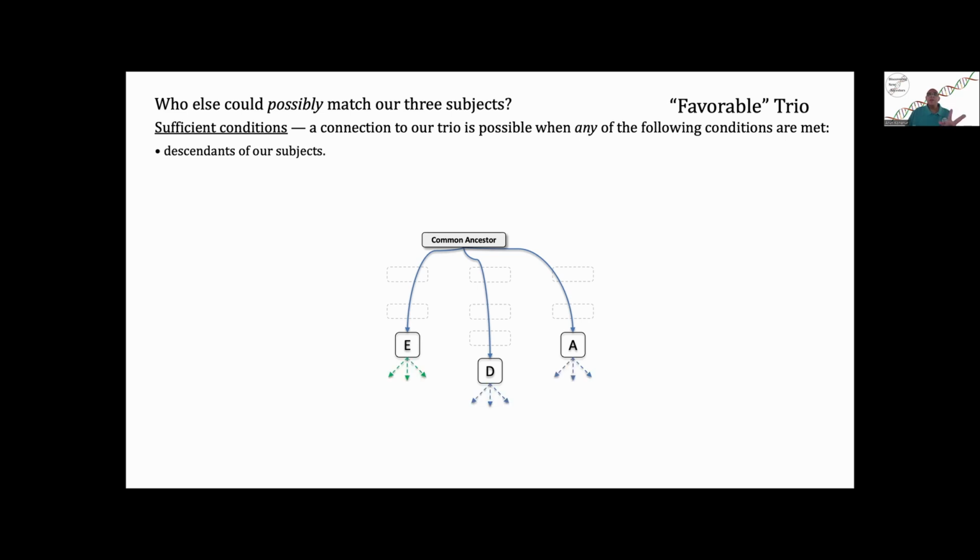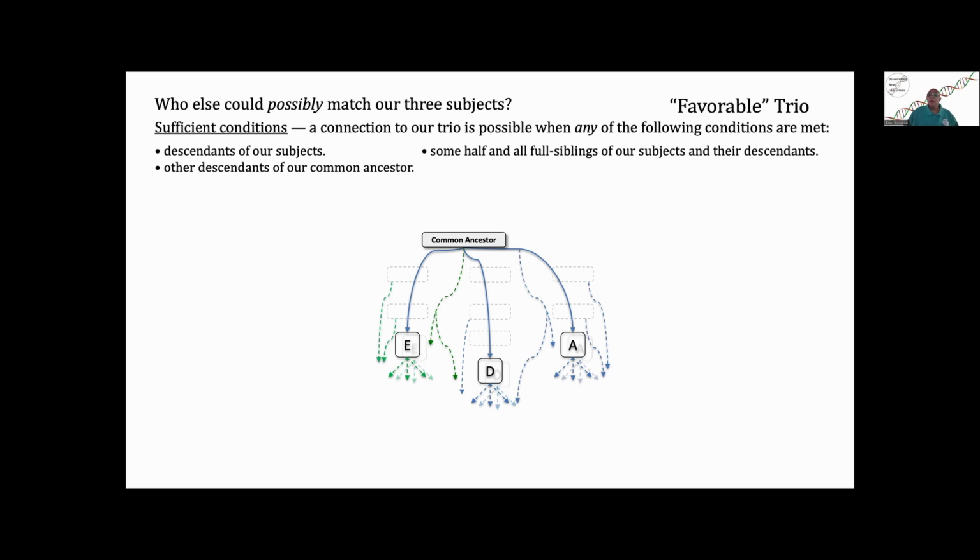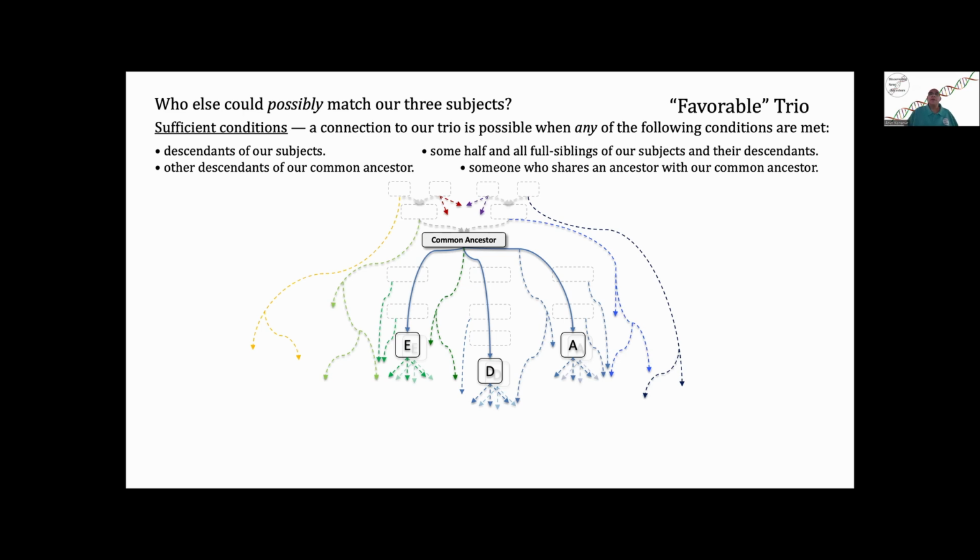We have our 3 individuals sharing an ancestral couple, and very likely the descendants of those individuals would also share a connection to the same common ancestor. The ancestral line connecting our 3 individuals to their common ancestor is either a maternal or paternal line, so some half-siblings and all full siblings of our individuals would also share a connection to our common ancestor, along with their descendants. Other descendants of our common ancestral couple could also potentially participate in our shared match trio. And lastly, anyone who shares an ancestor with our common ancestral couple could also potentially connect to our shared match trio. So conceivably, there are dozens, even hundreds of individuals whose DNA matches could include the 3 subjects of our